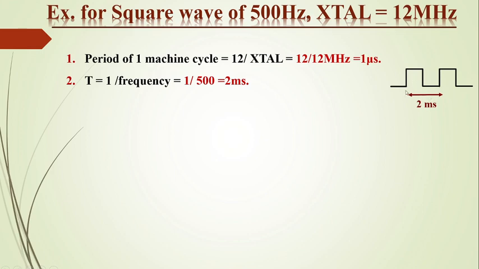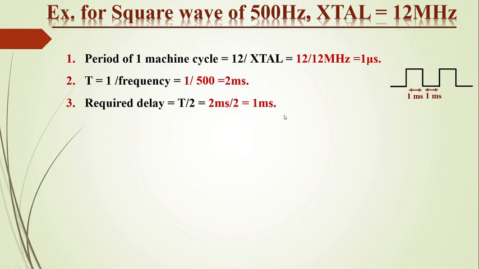But when we are generating a square wave in 8051, we are generally making the bit equal to 1 for some delay, and for a similar delay we are making the bit 0. That means we have to use only half of the time period, that is, the delay for T on or T off only. So we have to halve this total time period. The next step is required delay equal to T by 2, that is 2 milliseconds divided by 2, that is 1 millisecond. So this is nothing but the required delay to generate a square wave of 500 hertz.